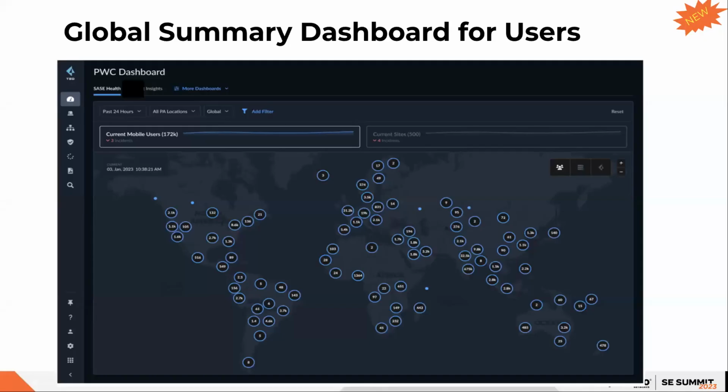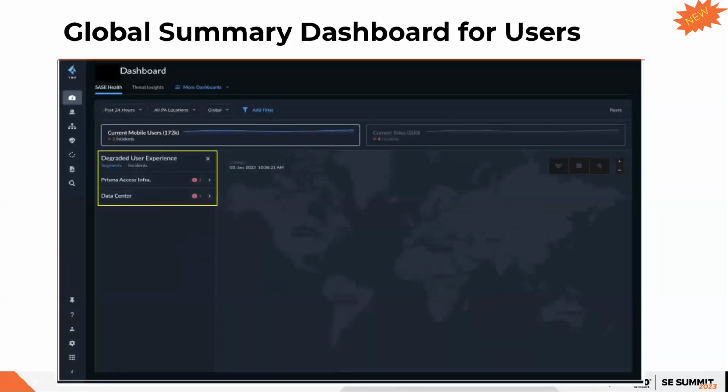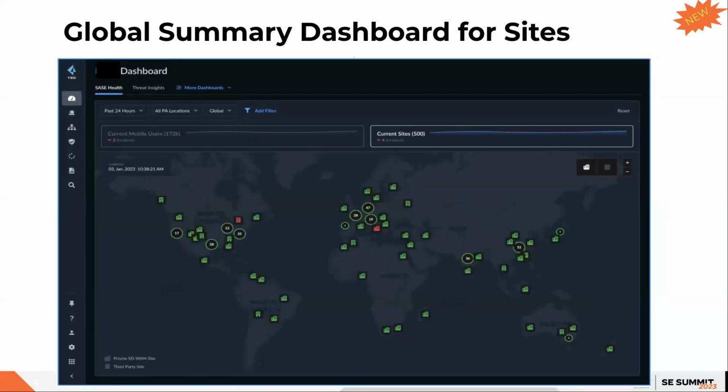If you look here, this is basically the global summary dashboard. It's got both mobile users. If you click on this page, you'll see what degraded user experience is for these users that was indicated in red previously. Similarly, in the current sites, if you click again, you will see that what we present is the degraded site experience